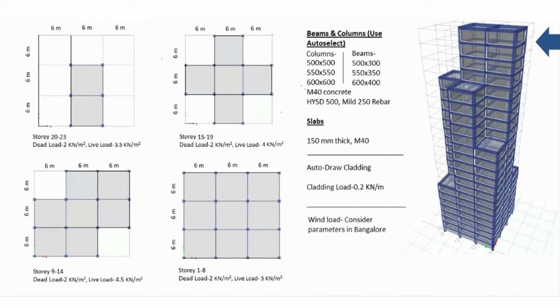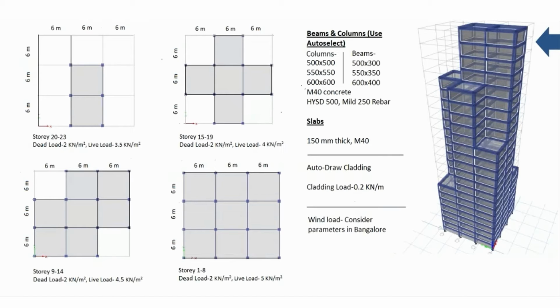This is a video on my tall building project. At the end of the video, you will have the entire experience of the design check of the building model in ETABS software. The problem statement can be seen on the screen. From the problem statement, it is clear that a 23-story building is to be designed and checked. In this video, I am going to explain the working of my building model.